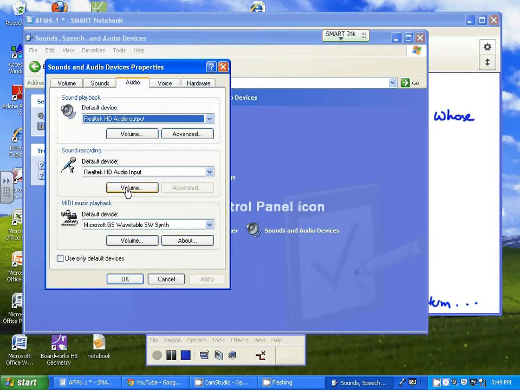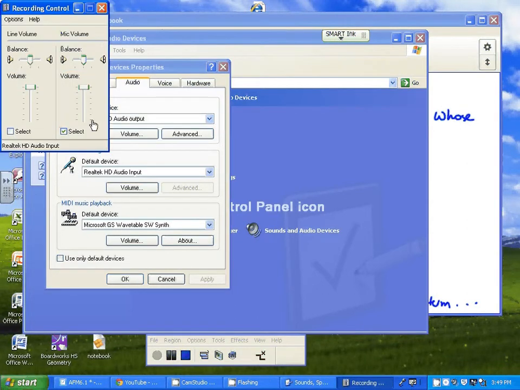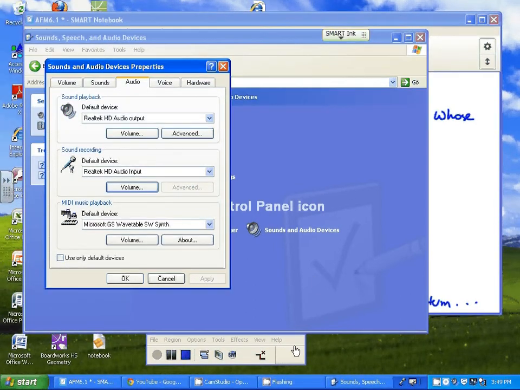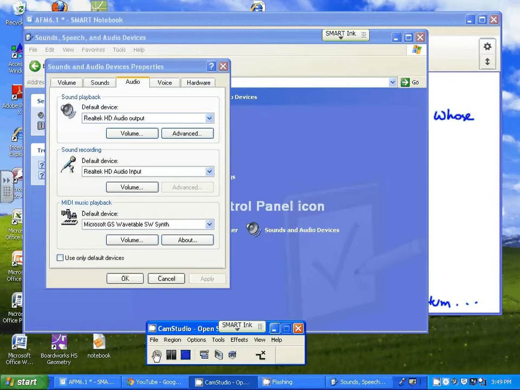At first, I was having a lot of trouble getting my microphone to come up loud enough, and finally I realized it's because the volume was turned down on the computer. So you can turn these all the way up and it'll help you adjust and be able to have loud enough recordings. Within Camstudio, we'll close these out. Within Camstudio,